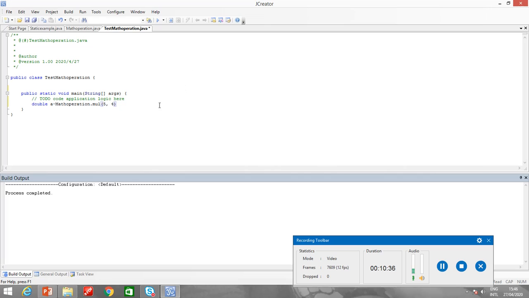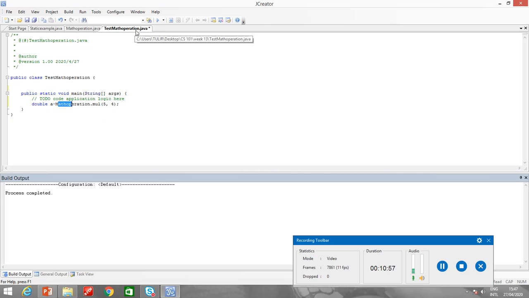Alright, so if you see over here, I have called the method which I have declared in the MathOperation class, multiply. I have not called it by making an object, rather just with the help of the class name and just using the name of the method.